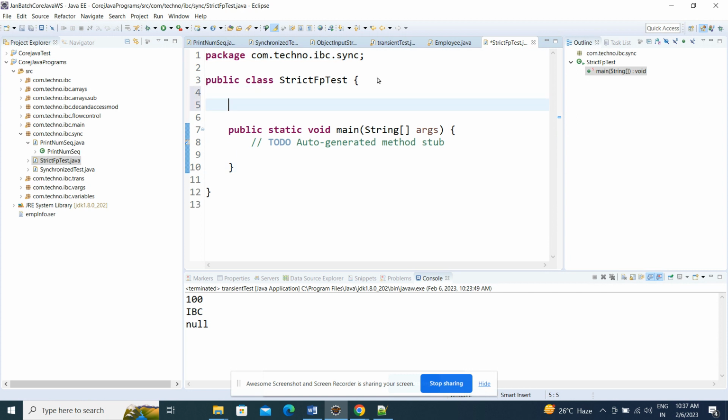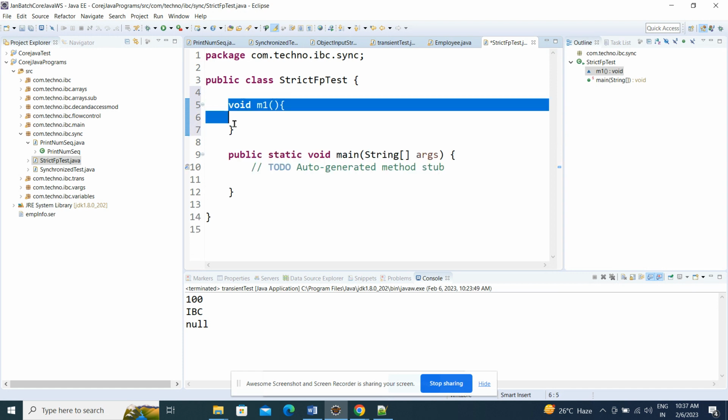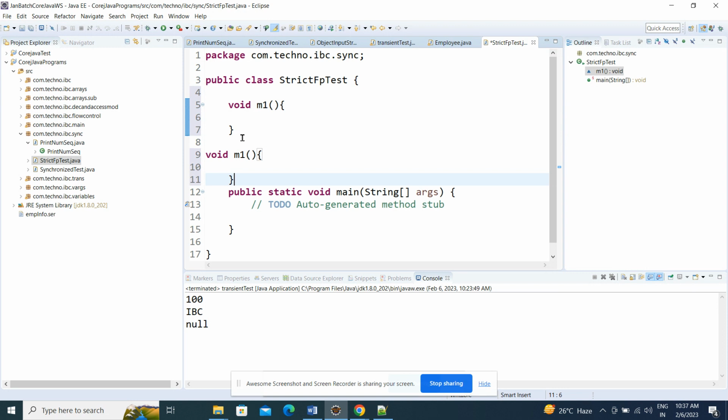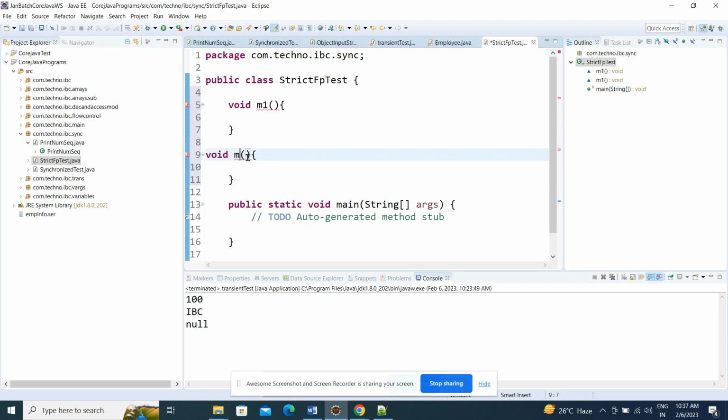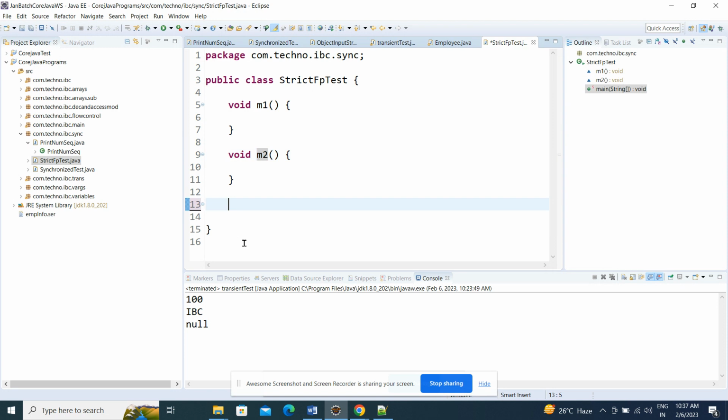Let's say for example we are writing our class and many methods we have written, void m1, m2. So if our class is declared as strictfp, then under the class,